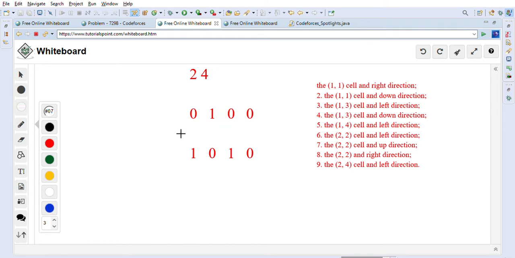To solve this problem, we will first go through each row, traversing from left to right, and we will calculate the number of good positions where we can place a spotlight.